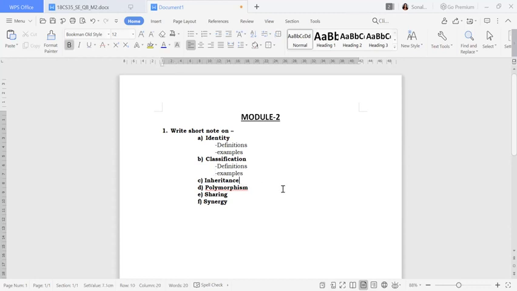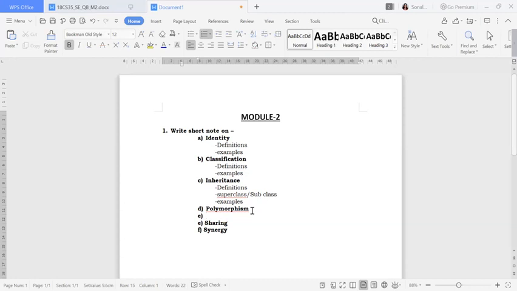So if you want to write about inheritance, you can write about the definition, and here one more thing you can add: what do you mean by superclass and subclass. Yes, you can add over here the superclass and the subclass. Okay, and if you want you can give the example and how the properties have been inherited from your superclass to subclass. That example you can provide over here.